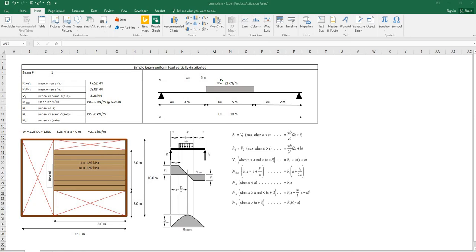Hey guys, welcome back to another video. In this video, we are going to see and learn how to get the moment, shear, and reaction of a simple beam using Excel. Having a spreadsheet like this can be really helpful when you are working as a structural